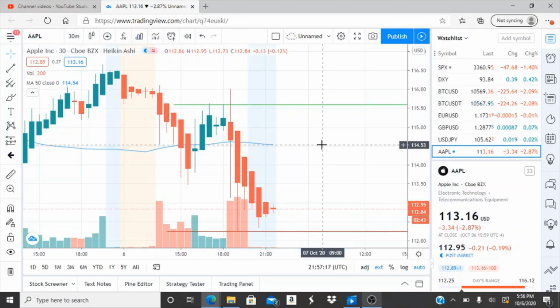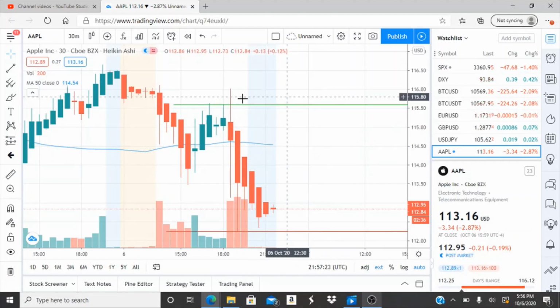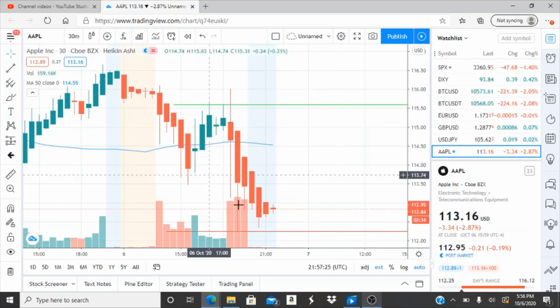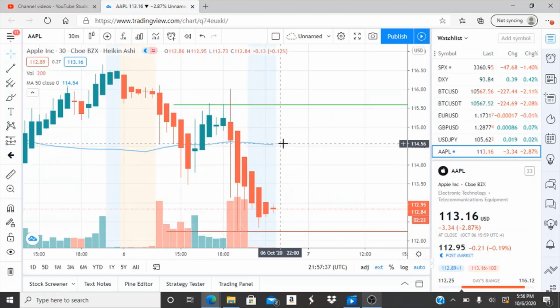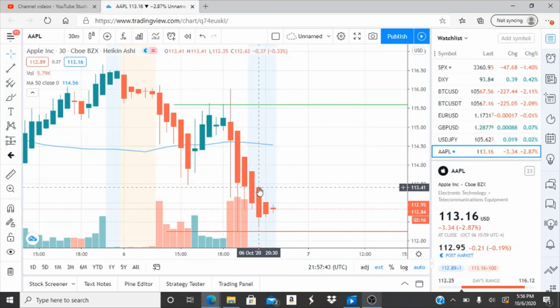The 50-day moving average is super important. The 50-day moving average is 114.54. If that gets crossed, we're back in bullish territory and we'll get out of this bearish territory. But right now, we are in bearish territory. The tug of war is going to be interesting, but the bears have already taken this one down almost $2 away from the 50-day moving average. That right there is alarming, showing that the bears are starting to gain control.